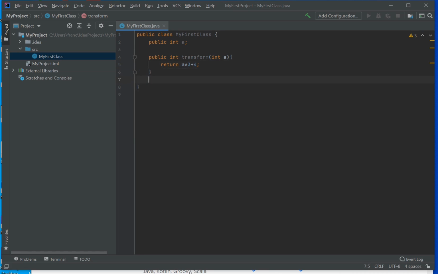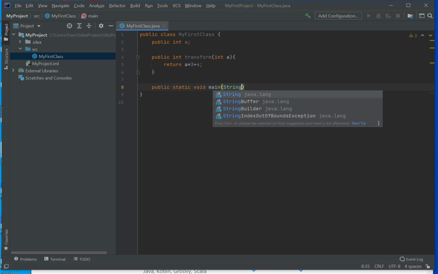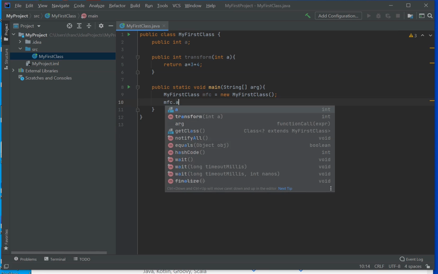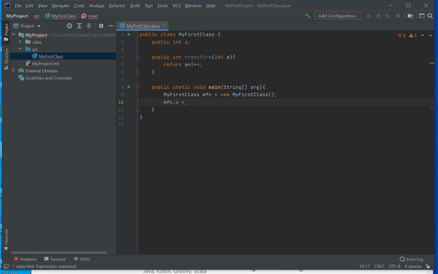Then I'm going to have a public static void main string, right? The typical main signature for Java. This is the method that first will execute in the class, and I can say something like my first class mfc equals new my first class. Then I'm going to say mfc.a equals mfc.transform 7